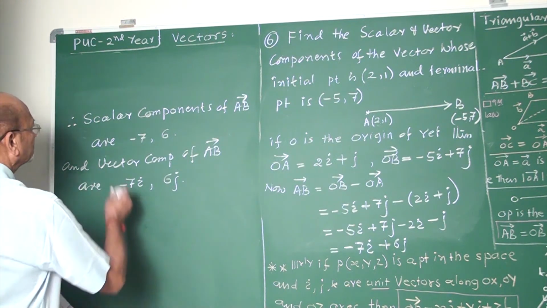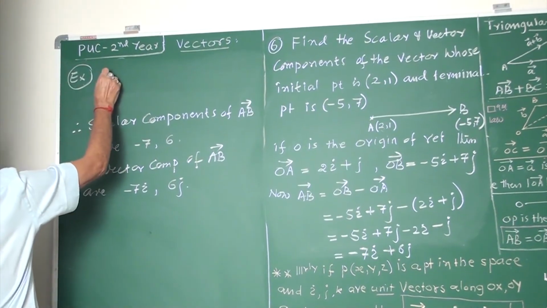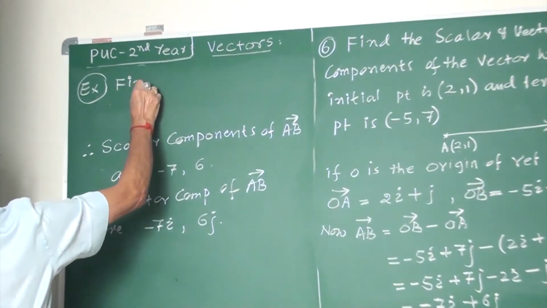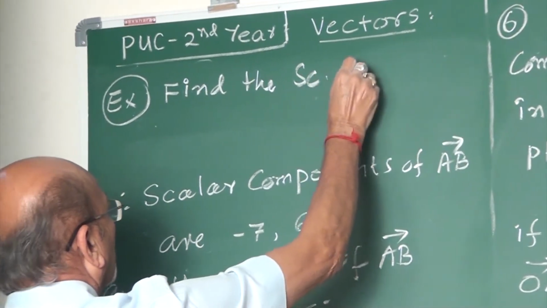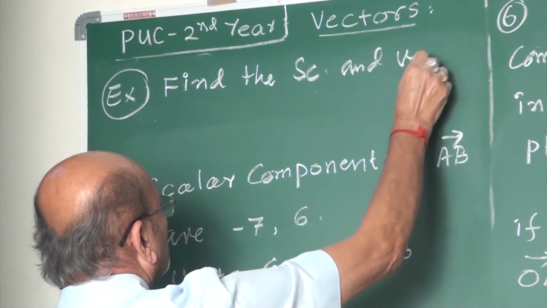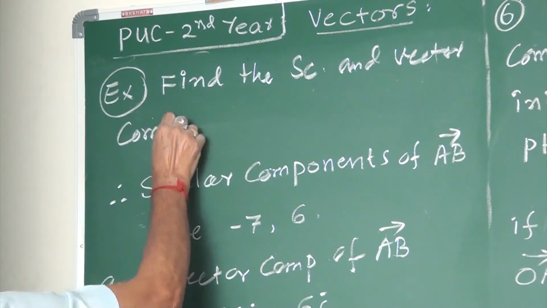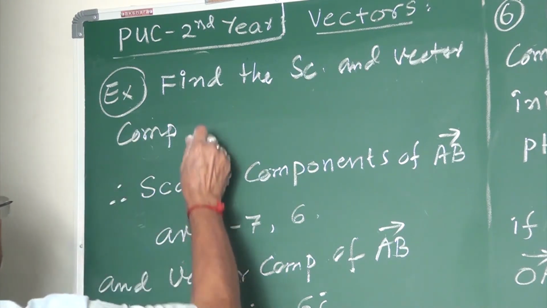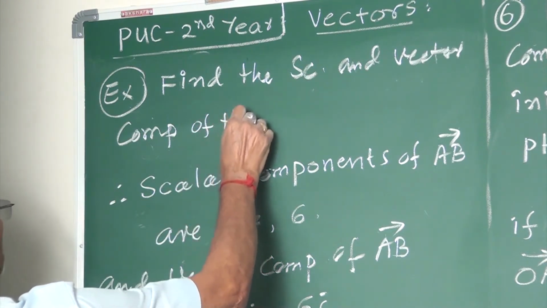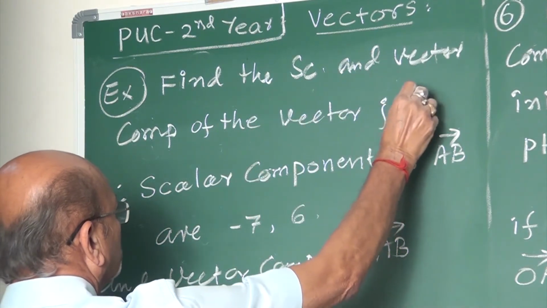So this question is: find the scalar and vector components of the vector joining the points